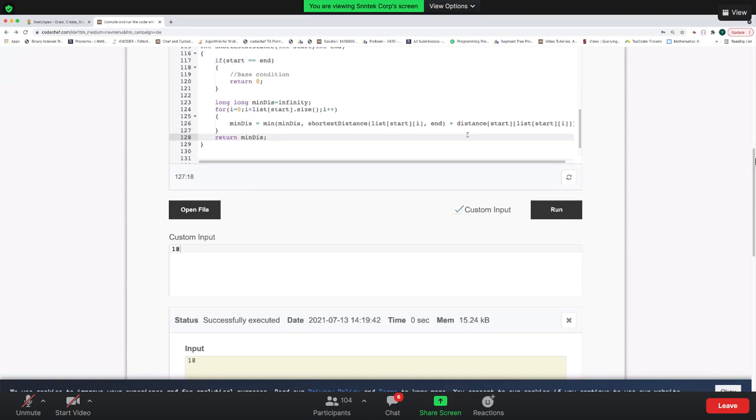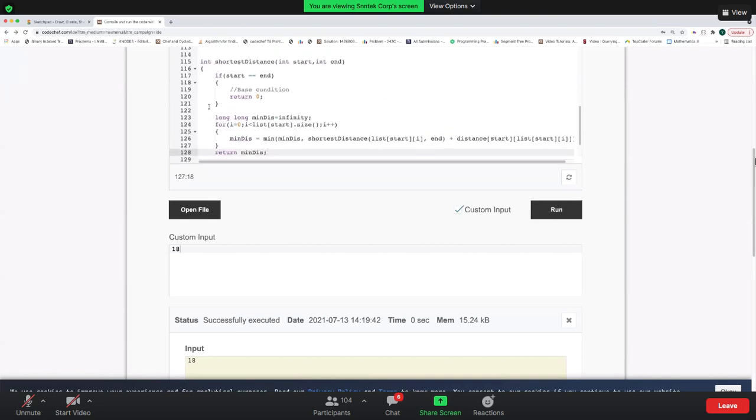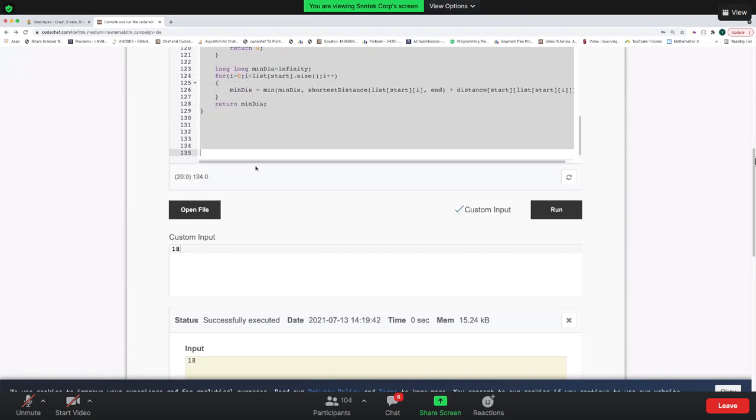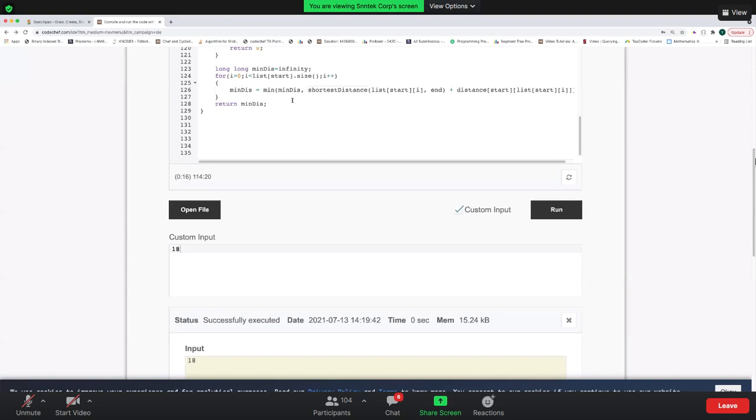Yeah, thanks, Praveen. You might be thinking that this is not actually an efficient way, because in this we are considering all these paths. So there is one algorithm known as Dijkstra's algorithm, which can be used to find the shortest distance in a graph. We'll talk about it in some later class. We'll for sure cover it. But